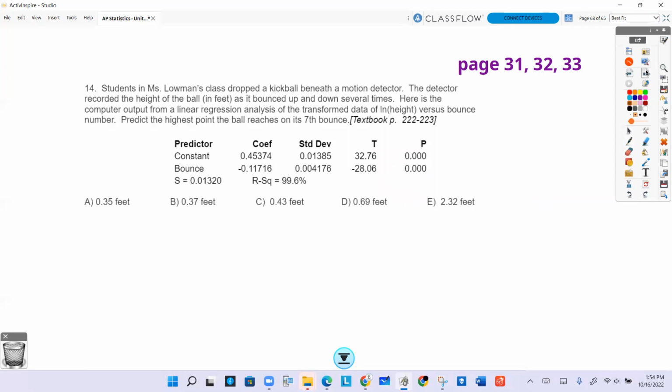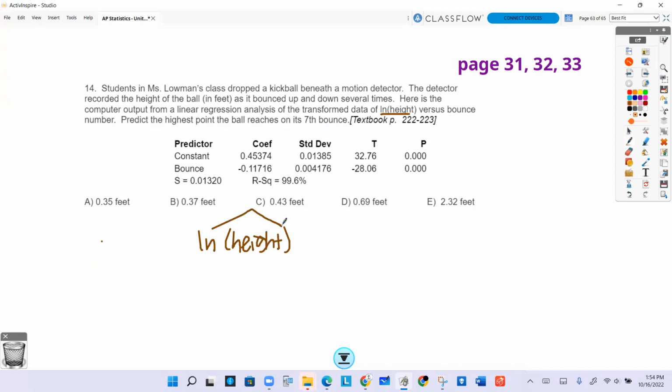Students in Miss Lohman's class dropped a kickball beneath a motion detector. The detector recorded the height of the ball in feet as it bounced up and down several times. Here is the computer output from a linear regression analysis of the transformed data, Ln height versus bounce number. Predict the highest point the ball reaches on its 7th bounce. Well, we have our equation here, transformed data of Ln height. So we're going to say Ln height